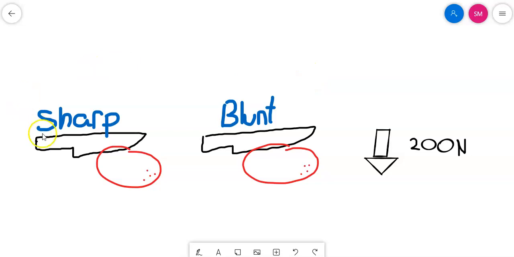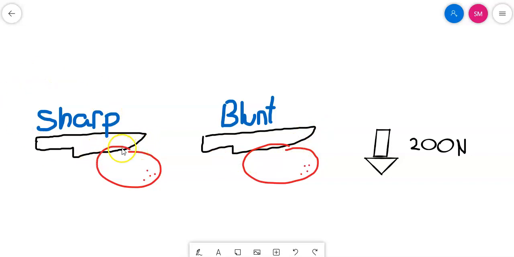Well, I'm sure you would all give the answer that you would prefer to use a sharp knife. So in this video, we're looking at the importance of pressure. So this is where pressure comes in. So how would we explain why the sharp knife would be better at cutting the tomato than the blunt knife would? Well, a sharp knife will have less of a point than the blunt knife will. The blunt knife will have a greater surface area at the edge of it, whereas the sharp knife will have